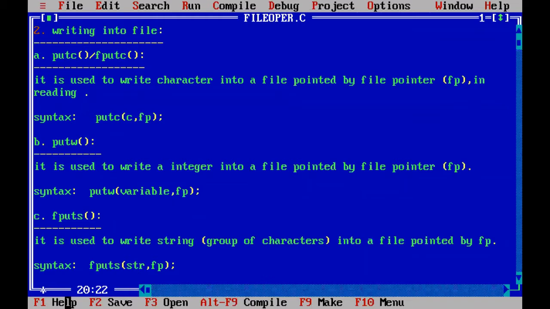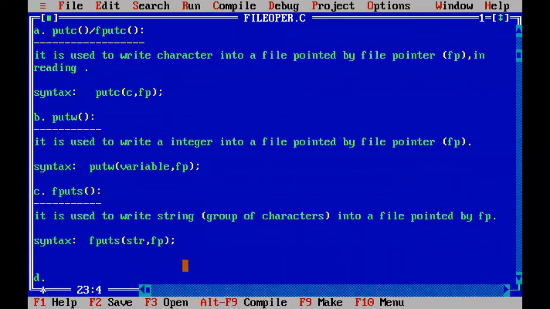So after taking these two arguments, what will the fputs function do? The fputs function will write str, the group of characters in str, into the file associated with this fp pointer. So this group of characters, the string, is written into this file by fputs.